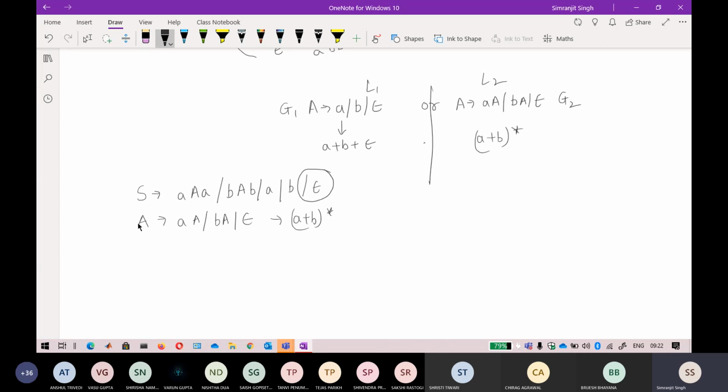This epsilon is different, because this epsilon denotes A plus B star. It means that in A plus B star there is an epsilon in this particular A. For this A, it can be nothing here, so it can be the smallest string. If you take this expression, the smallest string will be A. But if you do not define epsilon in the starting symbol, it means there is no epsilon in this language.